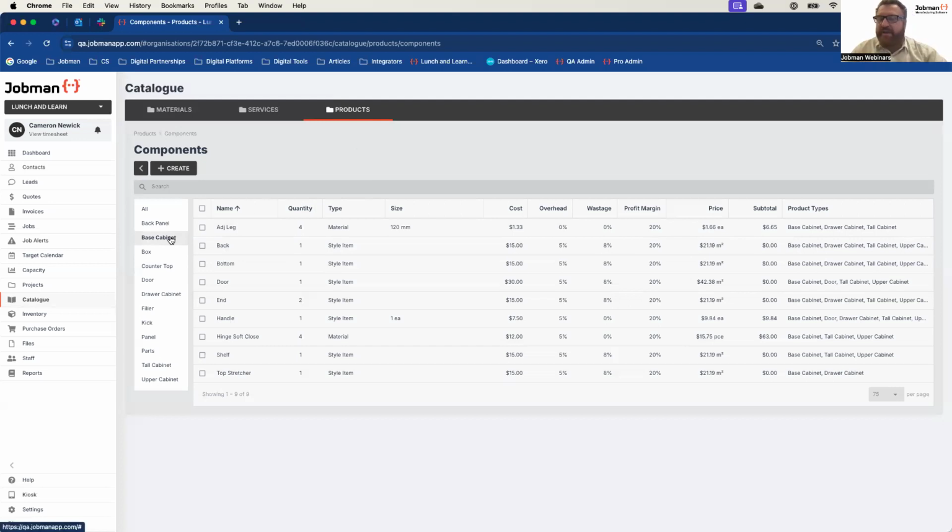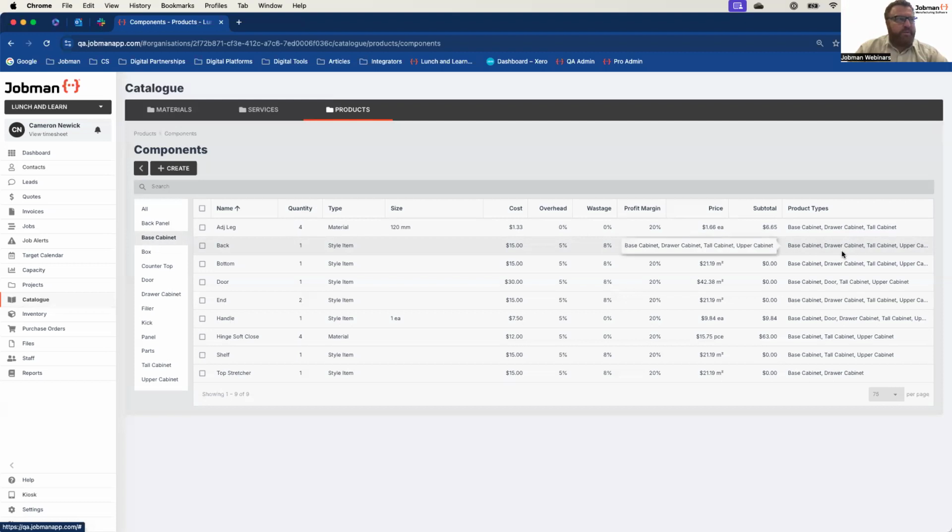However, components add that extra layer of automation to your system, where you have what I would consider to be commonality in parts. So if we take our base one door, for example, it has a back. That back is a part, and that back is applicable to virtually every cabinet I make, except for an upper cabinet. So rather than have to produce these products and then go into every single one of those cabinets and make a back for each of them and enter the information, 100% of product width by 100% of product depth by material depth, rather than do that 100 times if I have 100 products, I can simply build one component called a back and link that out to all of my product types.